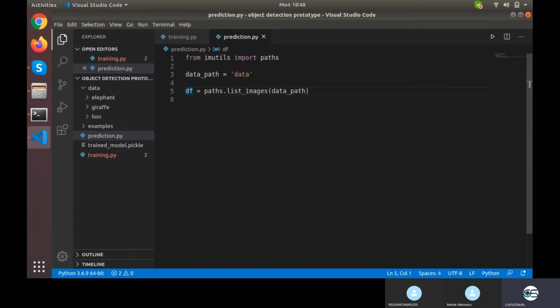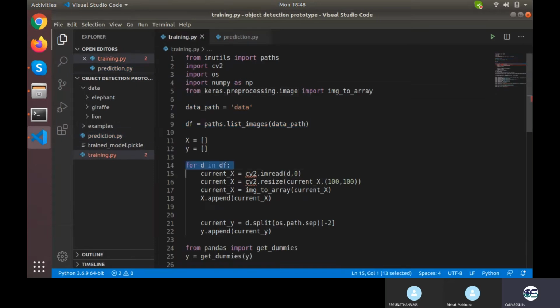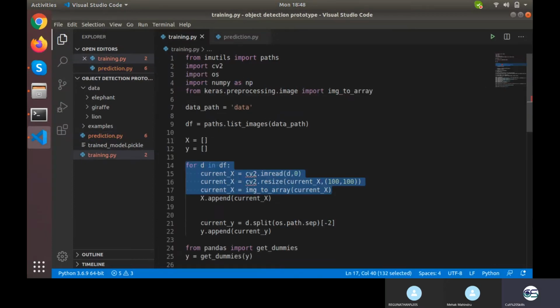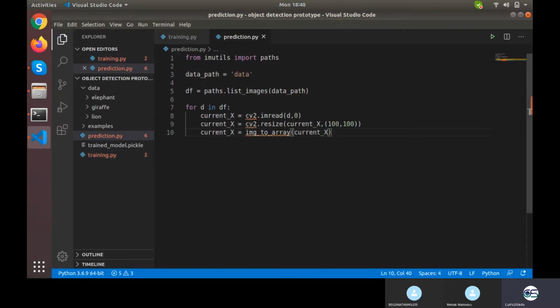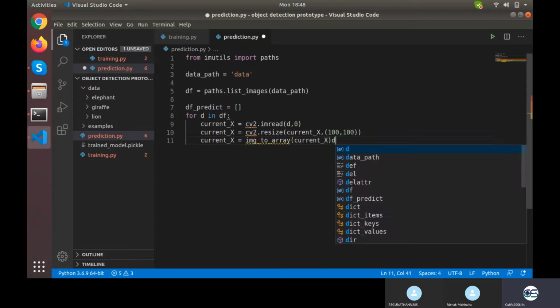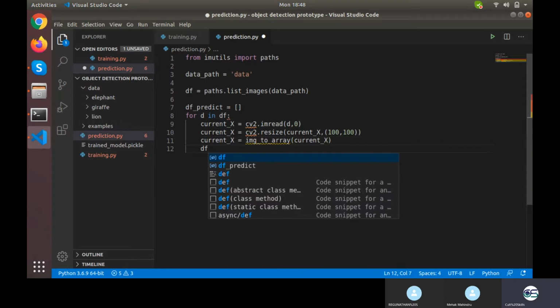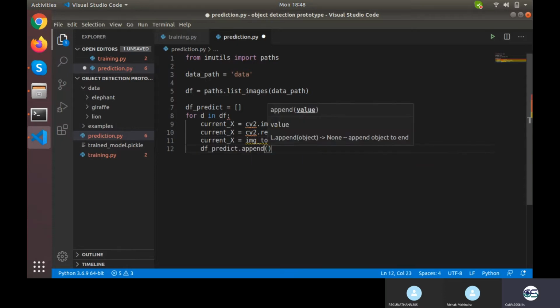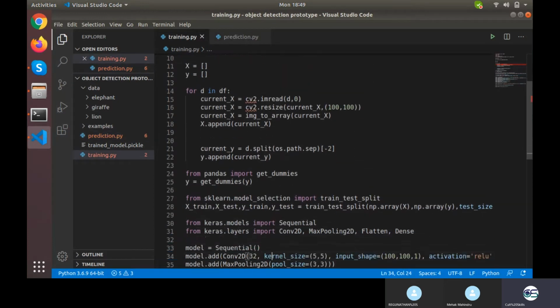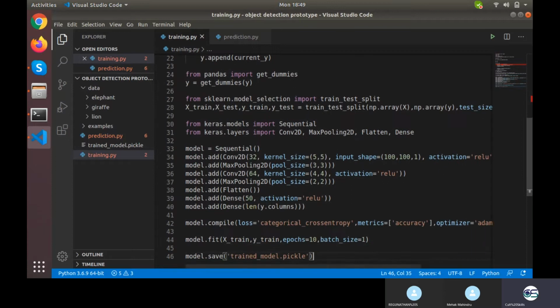There is no such x and y as of now, but I need to read it at least, and whenever I read that, I need to pass it on df test or df predict. Fair enough, then no y, no get dummies, no model, no compile, no fit, no save.